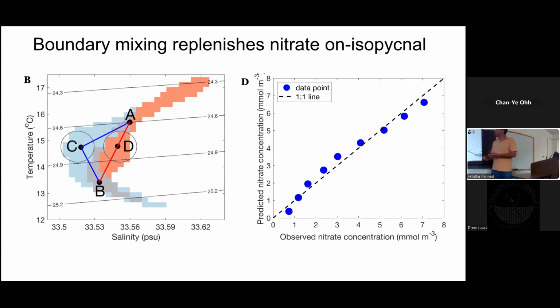And as I told you, we had another tracer, nitrate. Nitrate's close to zero here, and it's got some value there. If we have an admixture of those two different water masses, we can make a prediction for how much nitrate it should have, assuming it's conservative. Then we can use our TS to predict the nitrate and compare it against the nitrate concentrations that we found. And we find a very good